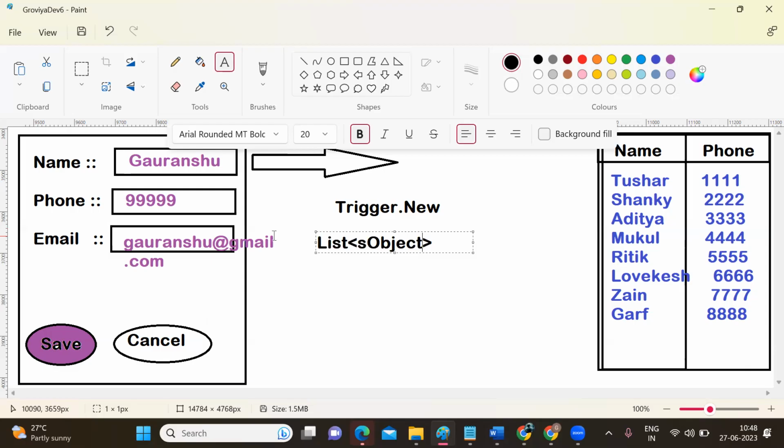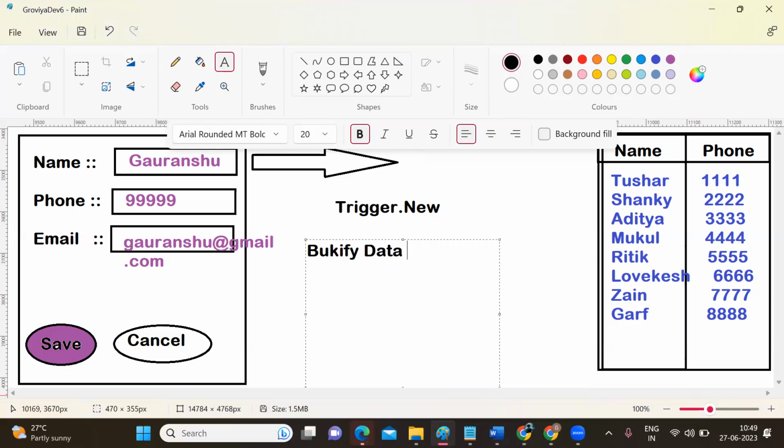बट ऑलवेज आई क्रिएट वन रिकॉर्ड। सो व्हाई here I am getting list, why I am not getting sObject, why it's a list type of variable, why it's not an sObject type of variable? ठीक है, क्योंकि रिकॉर्ड तो हम हमेशा एक क्रिएट करेंगे, एक रिकॉर्ड इसमें जाना चाहिए, फिर डेटाबेस में भेजेंगे. सो व्हाई इट इज a list of sObject means, let's suppose if we are getting multiple records,